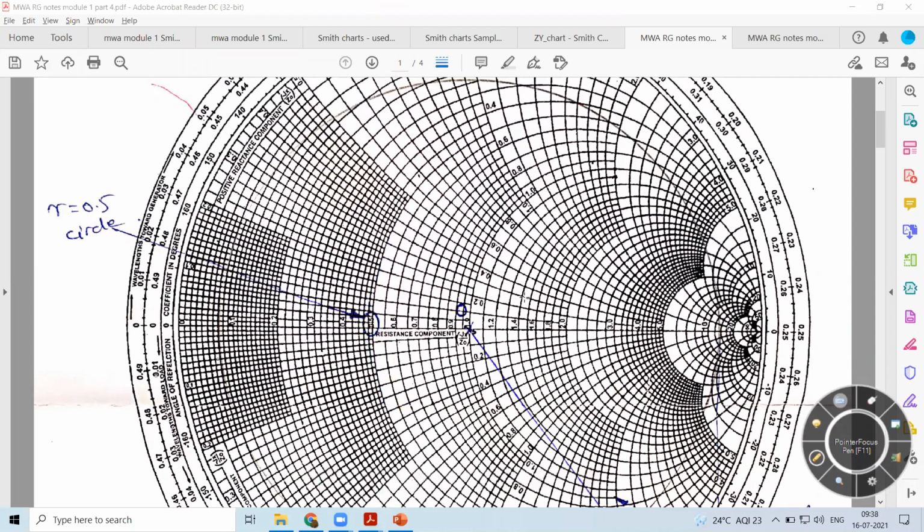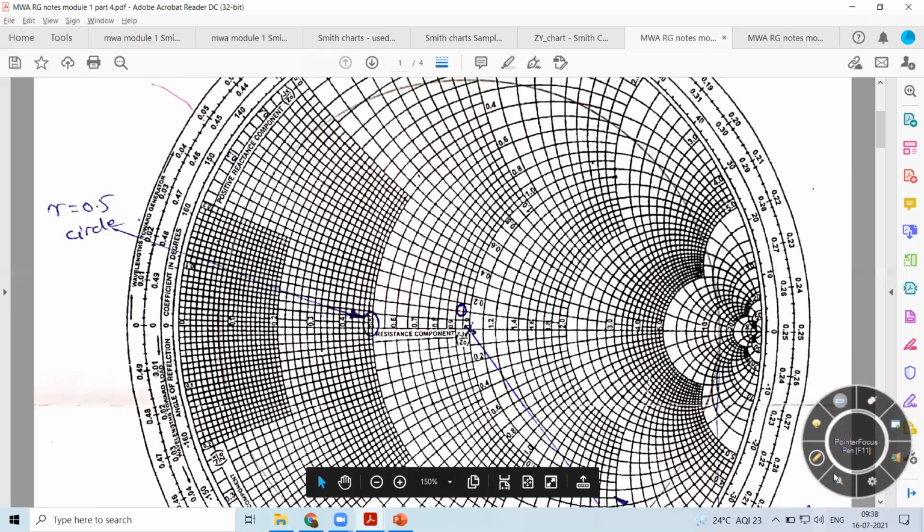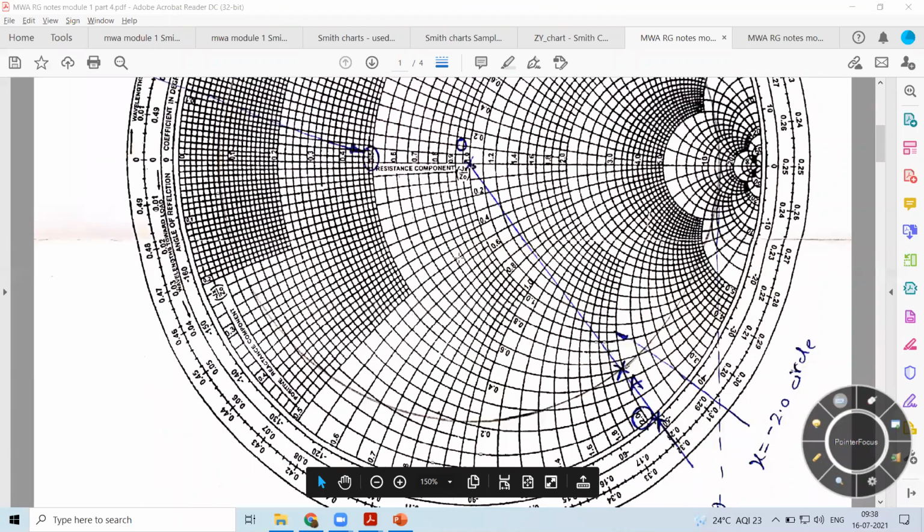Now I need to see where -2 is. Here -2 indicates that it is capacitive. When we are using this Smith chart, the upper part is used for plotting the inductance, and the lower part is used for plotting the capacitance. This is how I can remember it: this is positive and this is the negative values. So here, since it is -2, the point will be lying in the lower half part. So where is the point associated? If I look around, where is -2?